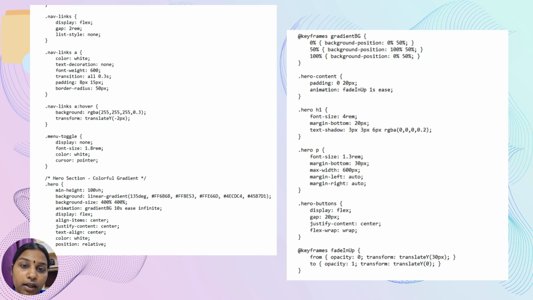The second is the dynamic moving background. At the bottom left and the top right, you can see how we craft the main hero section. We set it to fill the entire viewport height, 100vh, and apply a massive 5-color linear gradient background. To make it dynamic rather than static, we scale the background size up to 400% and attach a custom loop. This shifts the position of the gradient over a 10-second infinite loop, creating a beautiful slow-moving wave of color behind our content.